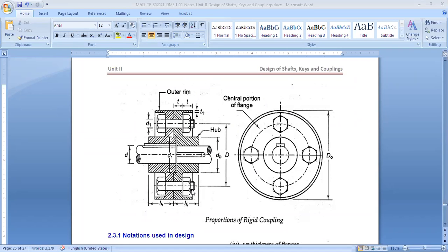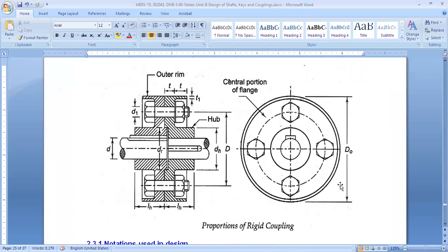Okay. Now see, here the coupling is shown. We have shown diameters of the inside and so on, but the input and output shaft diameter is shown by small d. So the diameter of the shaft is d. Both shafts are assumed to be of the same diameter. Now they are connected with the coupling with keys. So if you see on the left hand side of the diagram, let me zoom it a little bit. On the left hand side, there is a key on top. On the right shaft, the key is at the center.